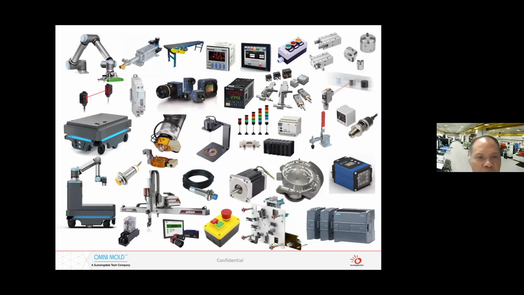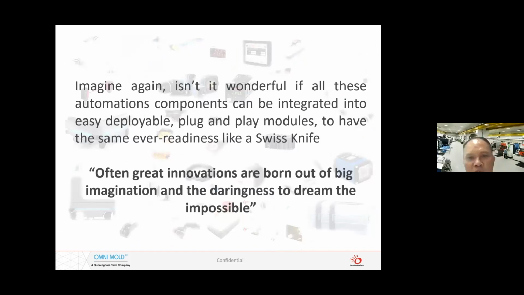And often these parts are a little bit like a Lego thing that we need to put together. And now with that same concept of using a Swiss knife as an example, I'd like you guys to imagine again, isn't it wonderful if all these automation components can be integrated into easy deployable plug and play modules to have the same ever readiness